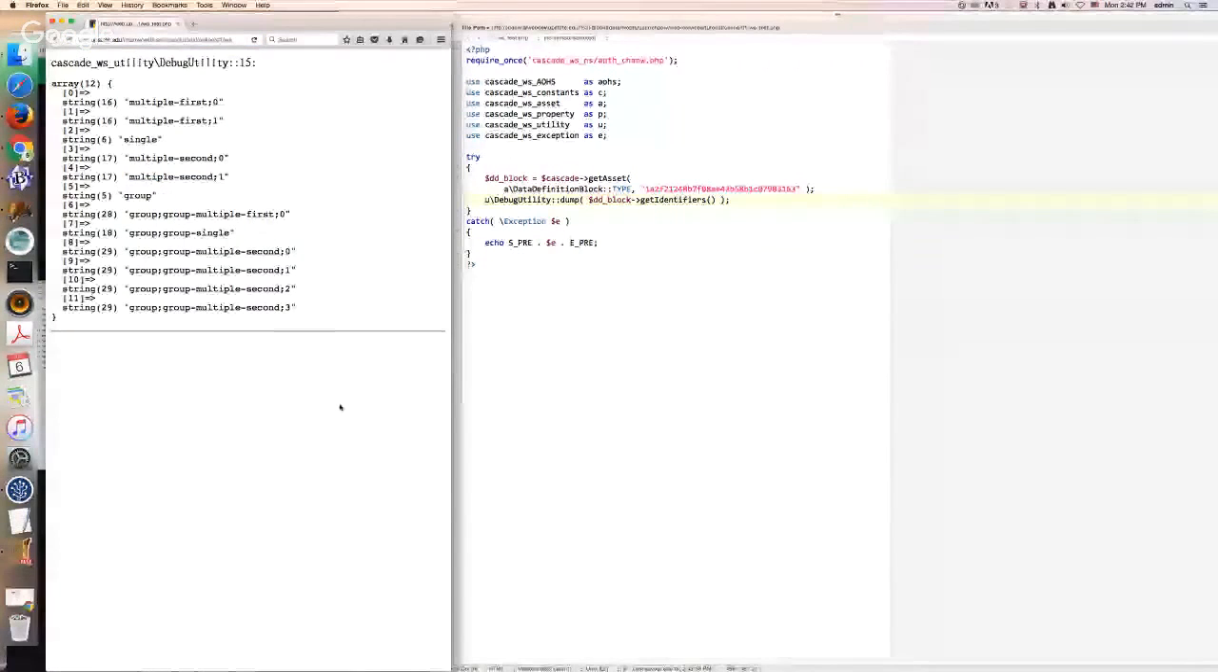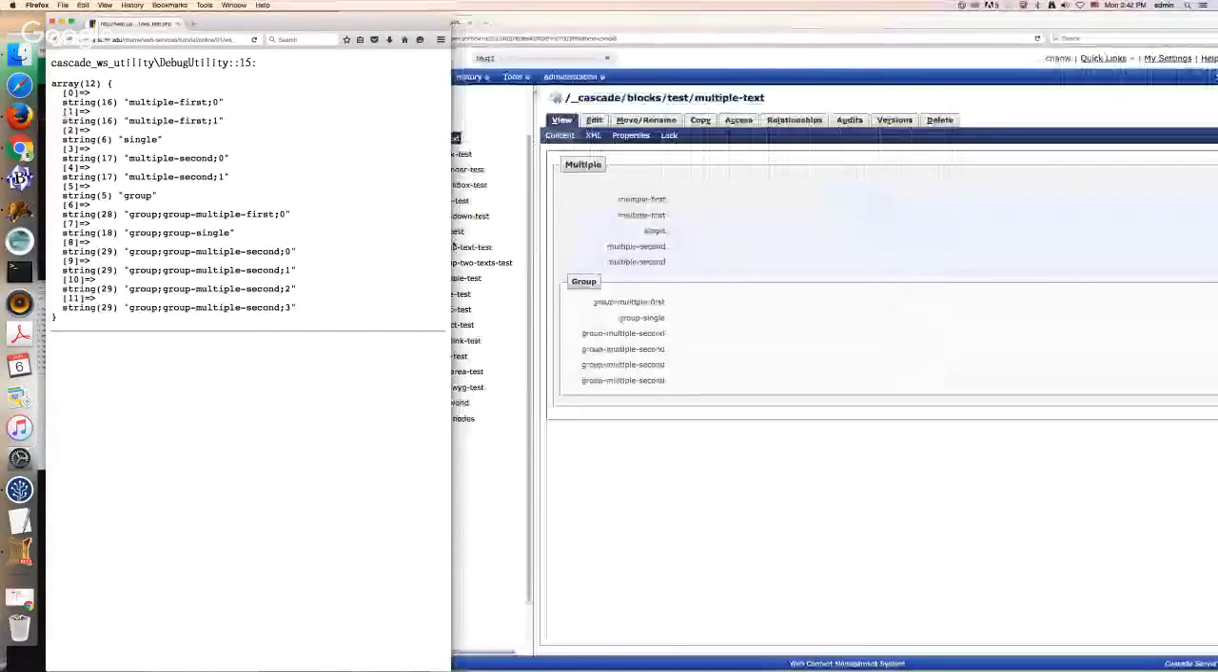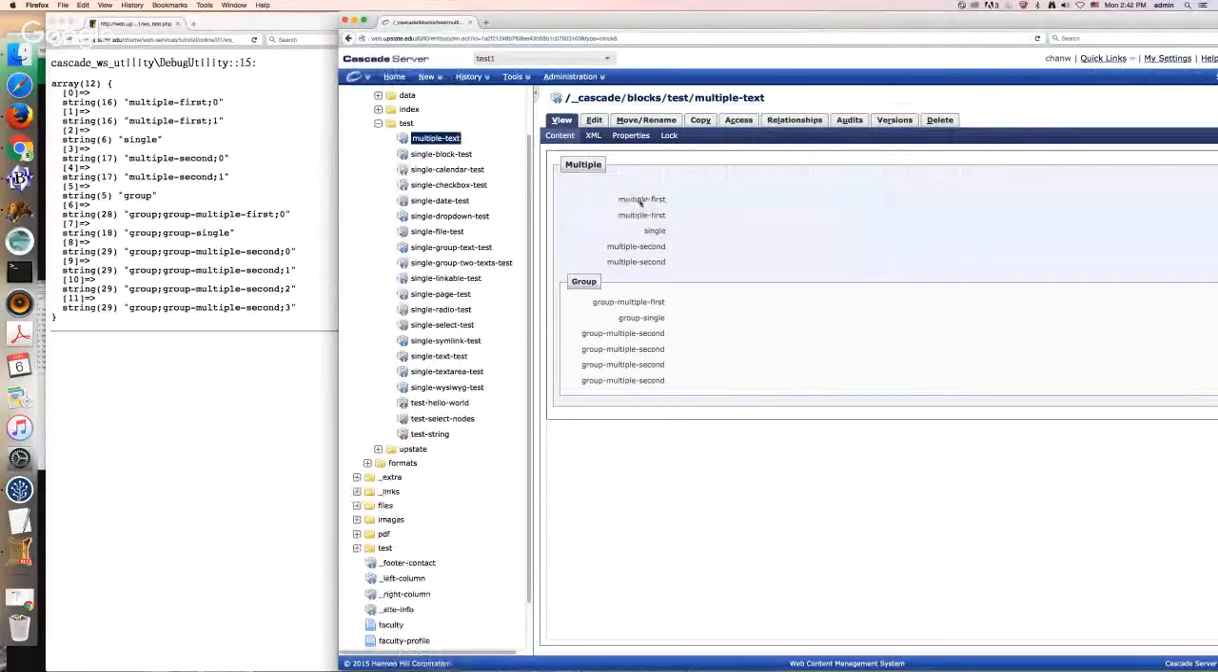Now, this time we see something slightly different. Let us look at the block again. We have a multiple first, but we have 2 instances of multiple first. And then we have a single. And then we have 2 instances of multiple second. Well, they correspond to these,